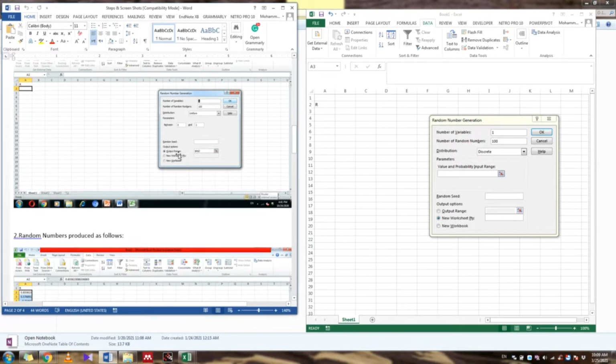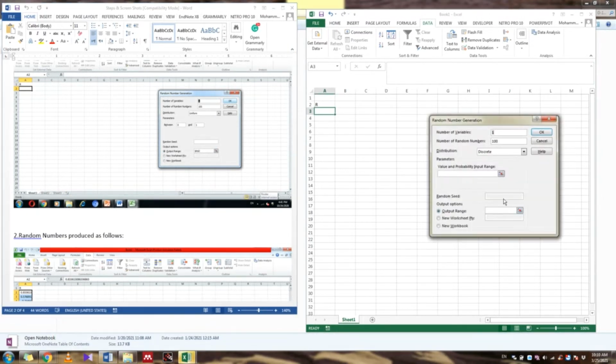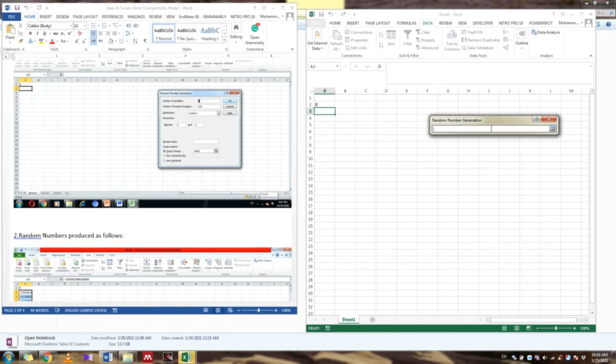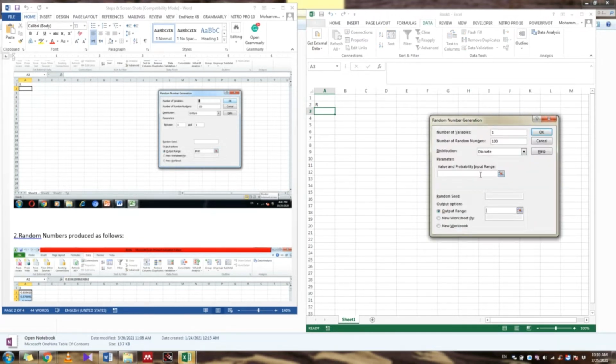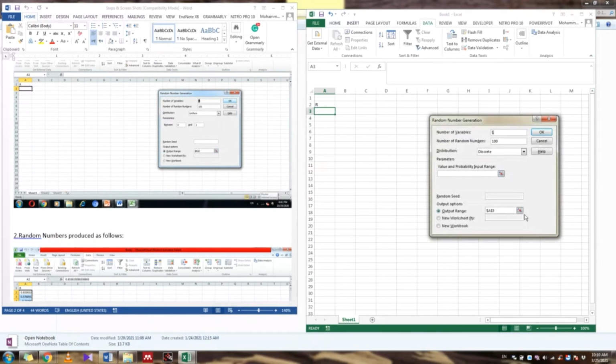Output range. Click this again and click OK.